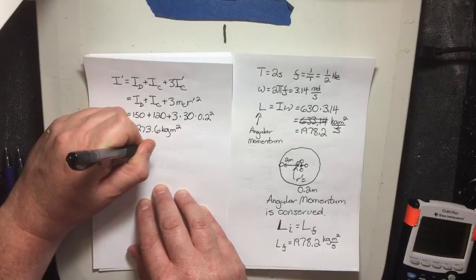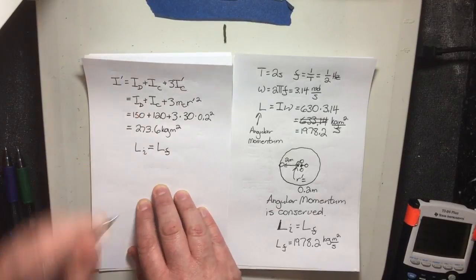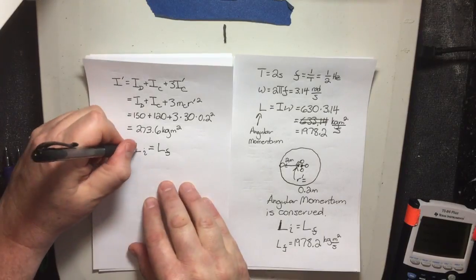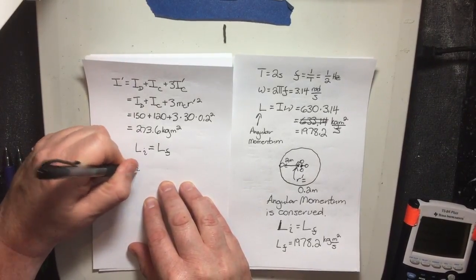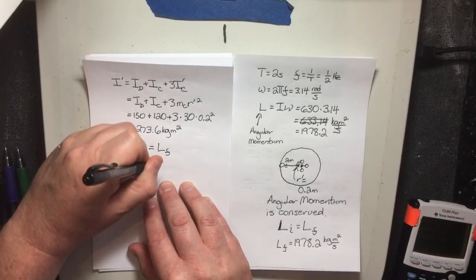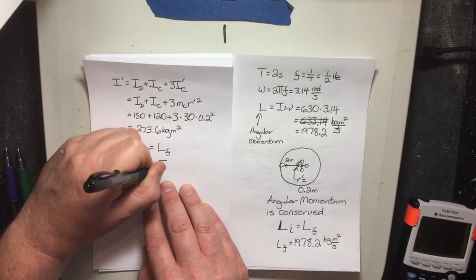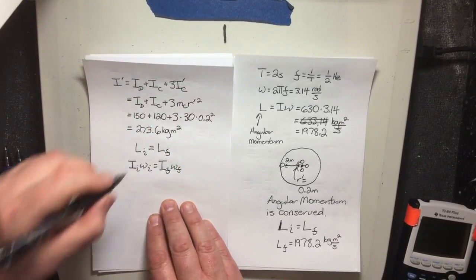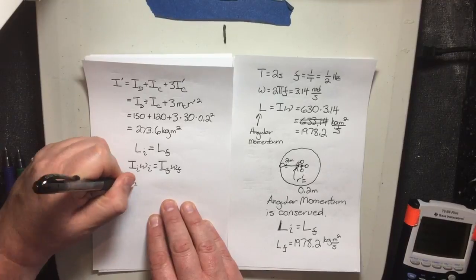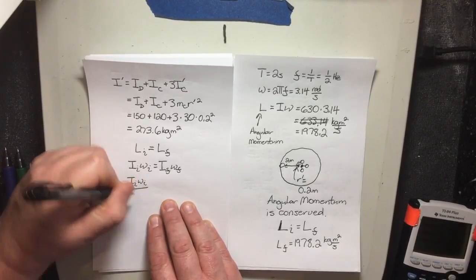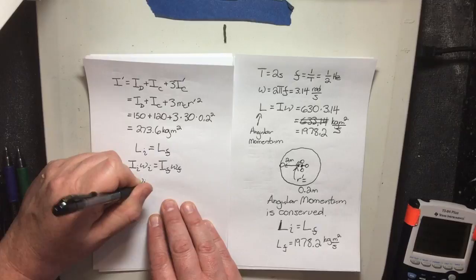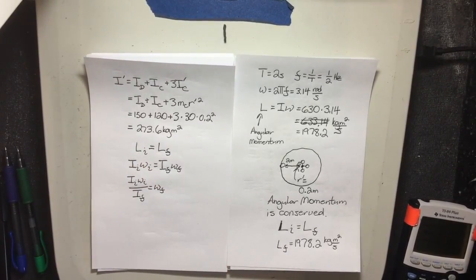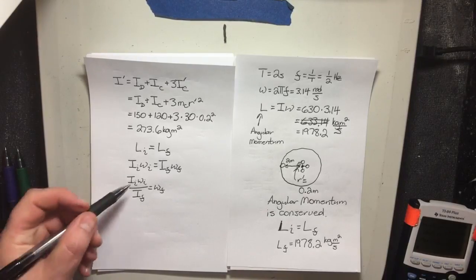angular momentum conservation says that the angular momentums have to be the same. Angular momentum means I initial omega initial is equal to I final omega final. I initial over this is omega final. That the final angular velocity can be learned from this,